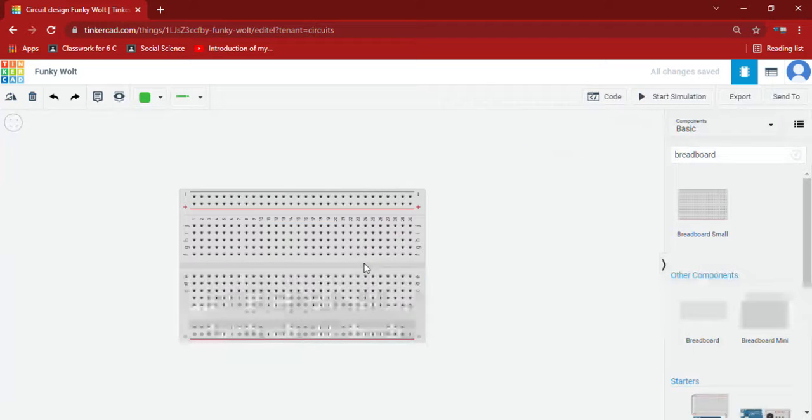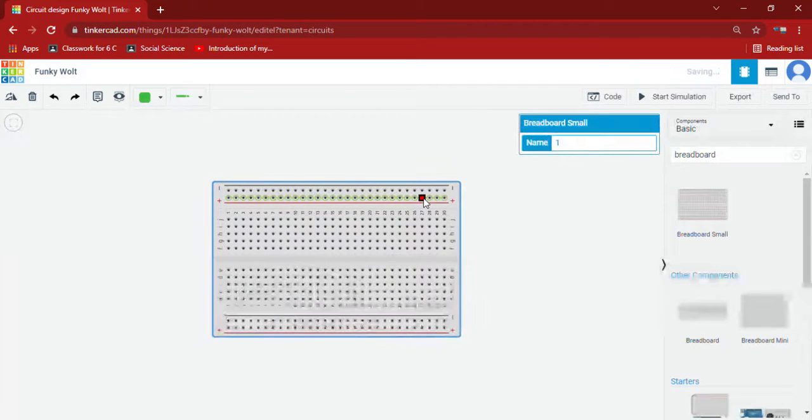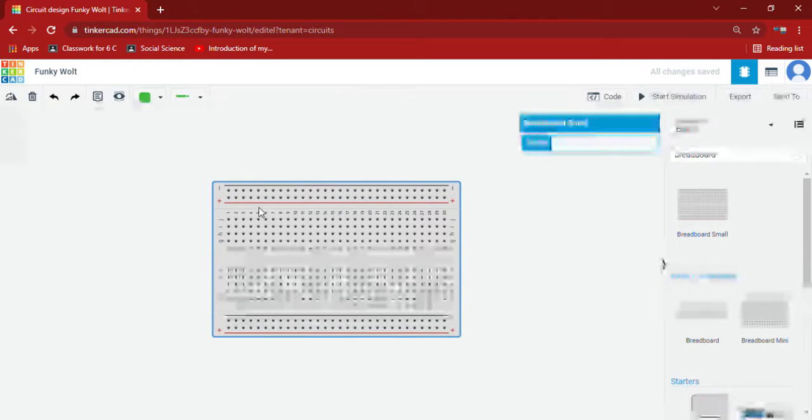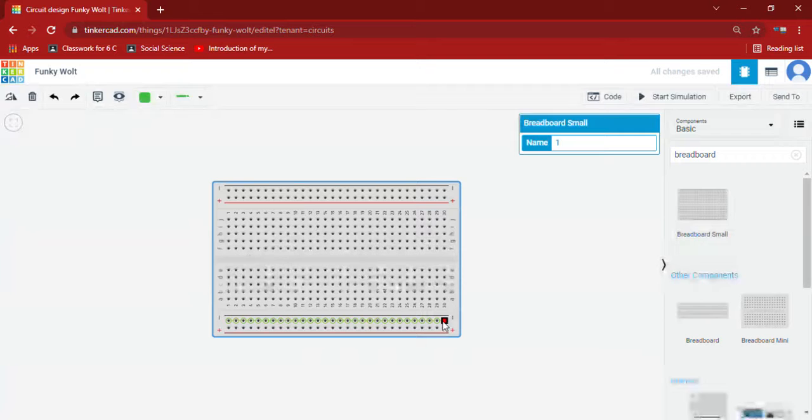Now I have deleted them. Now you can see the breadboard is fully filled with pins. You can see all these pins are connected in this line. This also, all in this line, and this all in this line. When I keep a pin in a hole, you can see the whole line is filled with green. When I keep it here, you can see this line. When I keep it here, this line. Even on the upper side there is a negative and positive symbol.